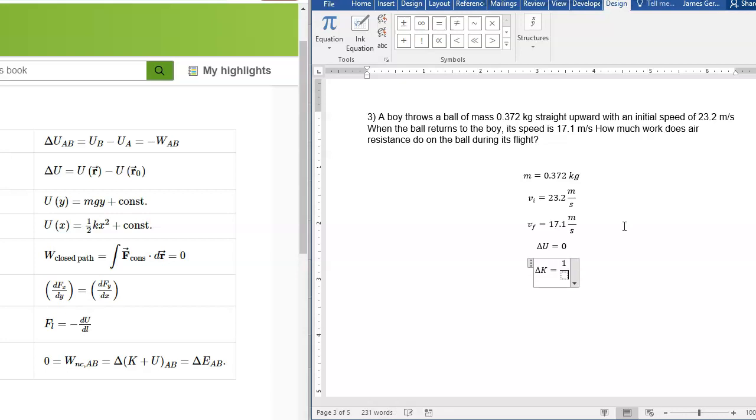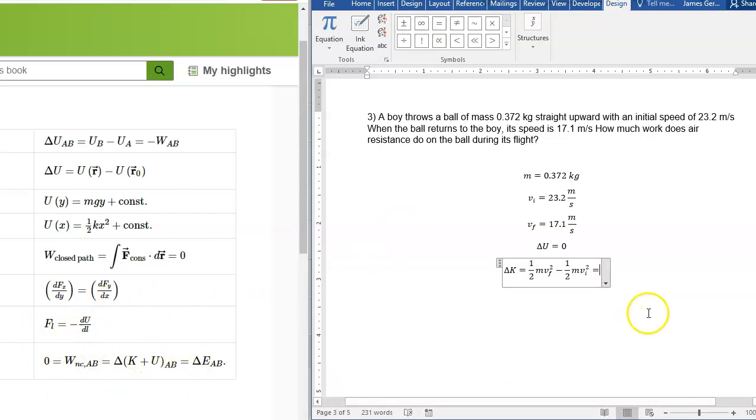Well, one half mass times v final squared minus one half of the mass times v initial squared. That's the change in kinetic energy, right? And so this is going to give us, in this equation,